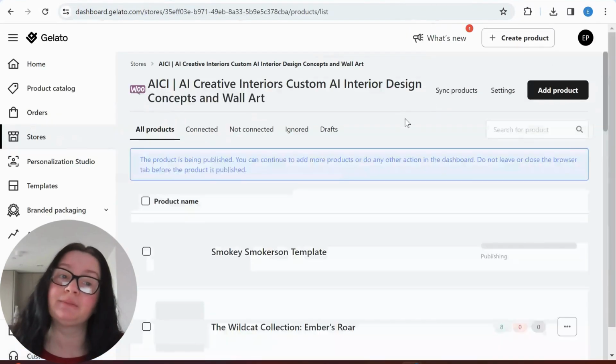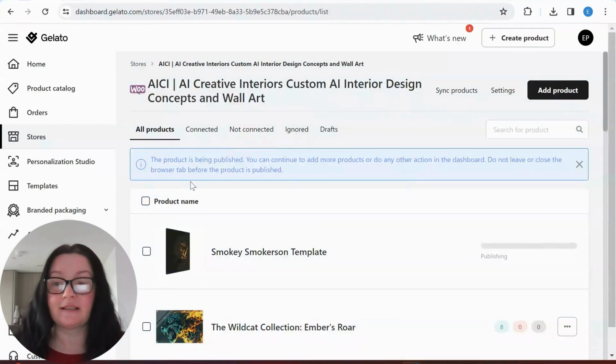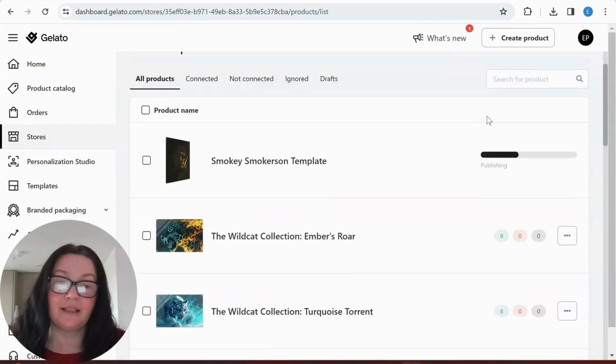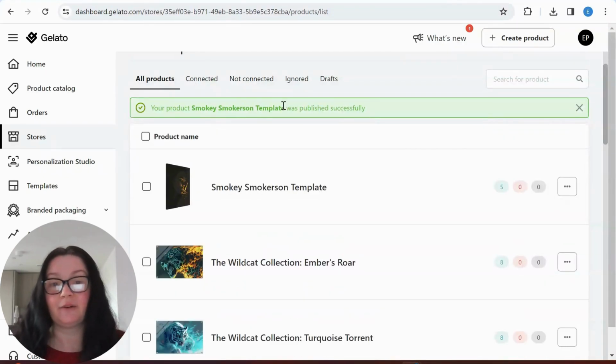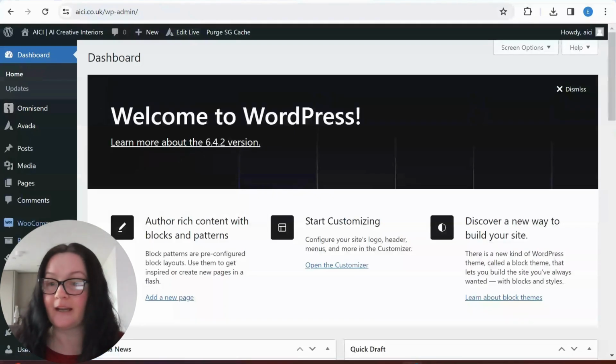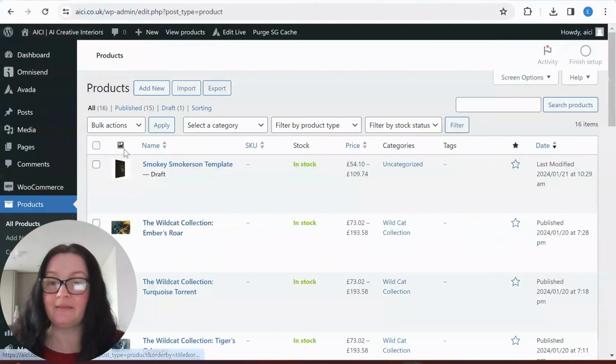So publish. It says that the product is being published. You can continue to add more products. I'm just going to wait until this is done. So fantastic. And then I go to my website and go to products, all products, and it's right here. If I now click on edit,